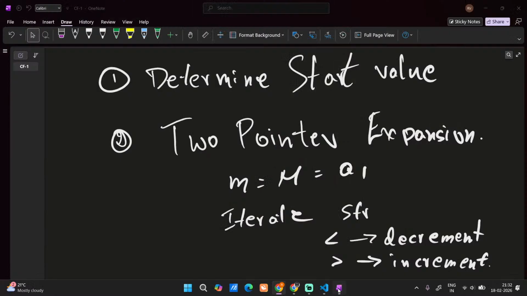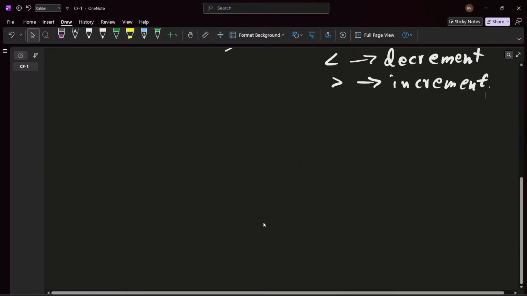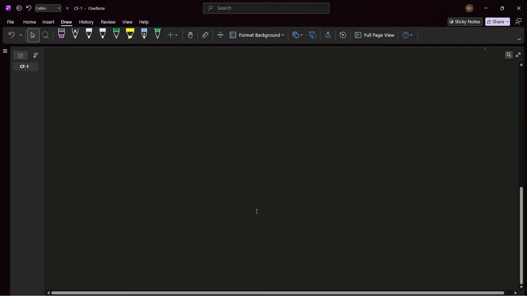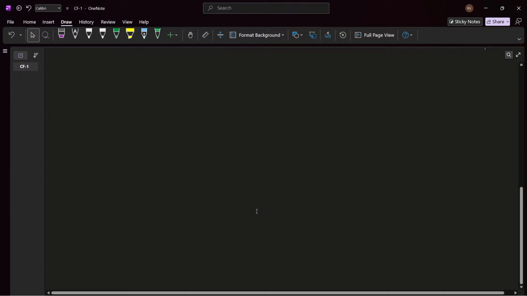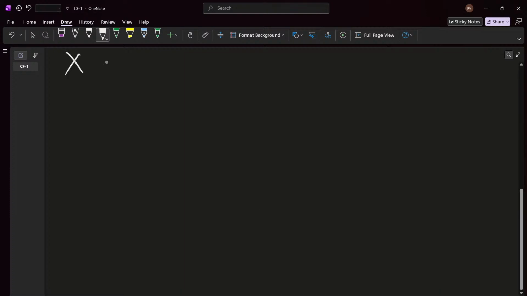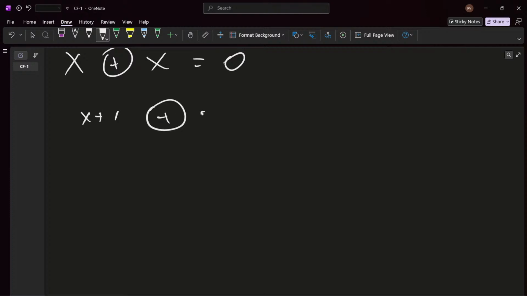I'll just show you how it will go: x XOR x is equal to 0, and similarly x plus 1 XOR x plus 1. That's all we are going to use.